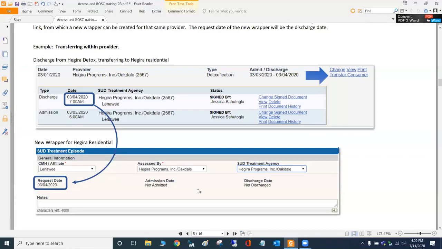It's clear to me if I can see they have an outpatient admission and a residential admission and a detox admission and a discharge. You know what I mean? Yeah, I do. That's what I'm saying, we need to check with Joellen. I can tell you from the state's perspective, they actually prefer it that way.